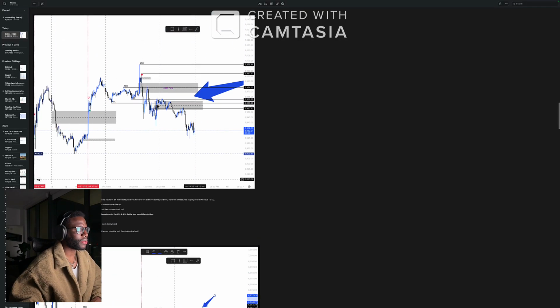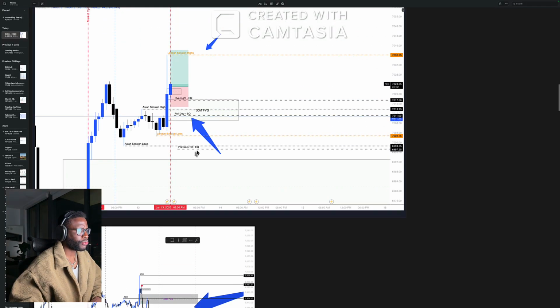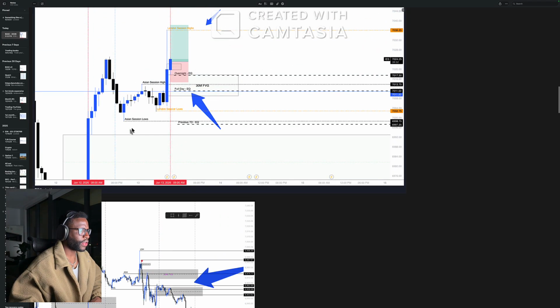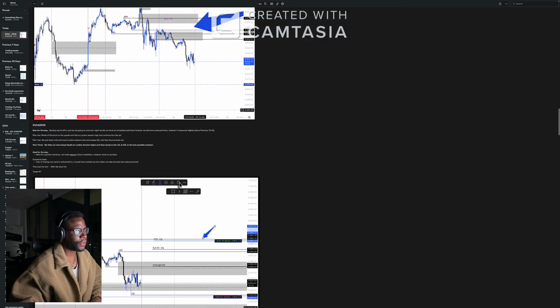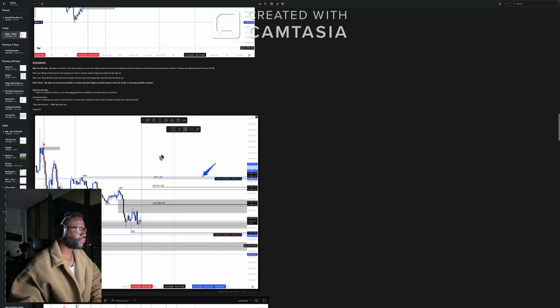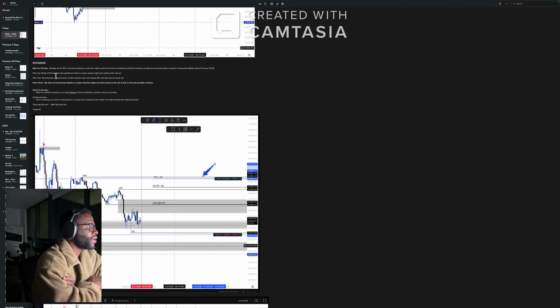Yeah, and so this is how it played out. Overall, we did hit previous trading day EQ, which is cool. And then of course Asian session lows, we hit all of those. So that's what happened for that day. And then on the 14th, bias Monday, we hit all time high. Monday we hit all time high and we're going overnight and we have an immediate pullback. However, we did have some pullback and it measures slightly above TD.